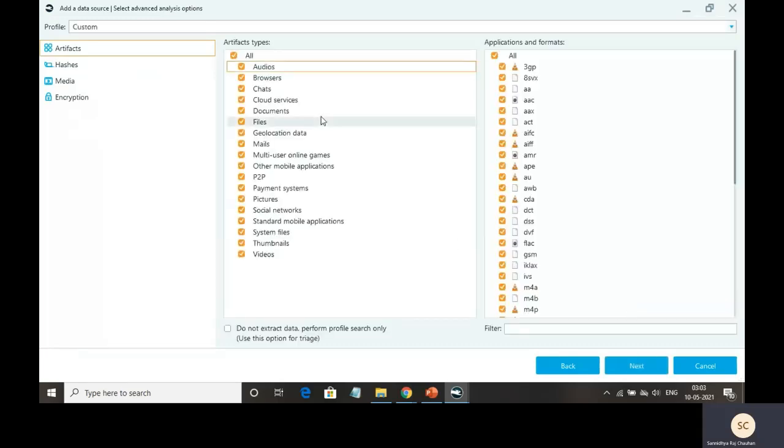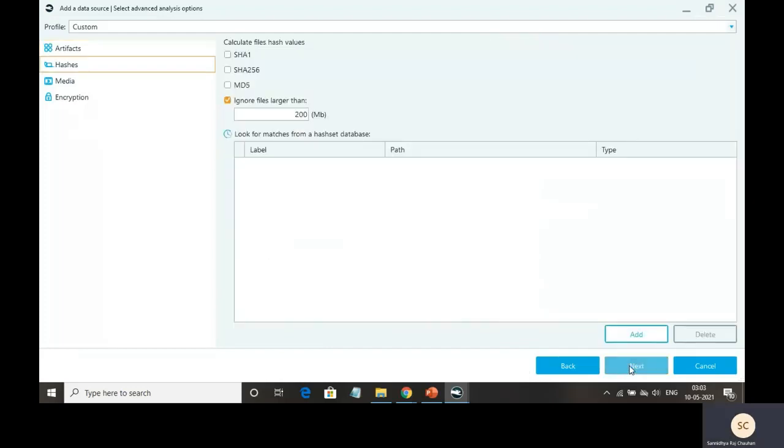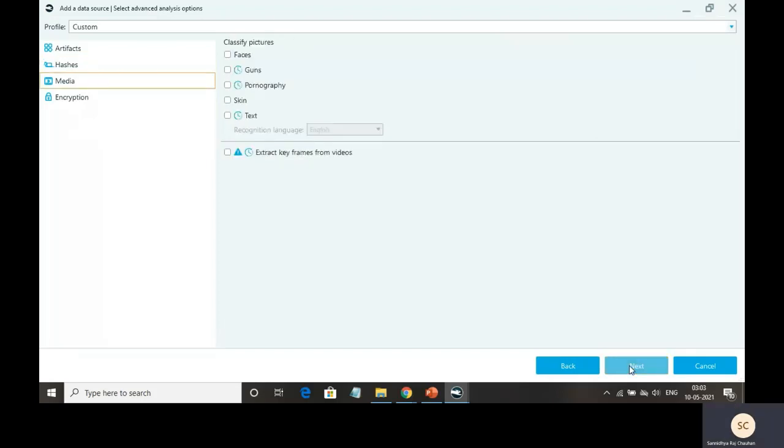Then here we can select which type of artifacts we want to extract. Many options are given, like audio, browser, chat, cloud service, document, file. And in audio also specifications are given, that is, which type of extensions you want to extract. So we'll just leave it at the default one and proceed further.